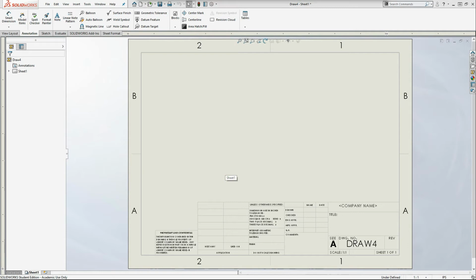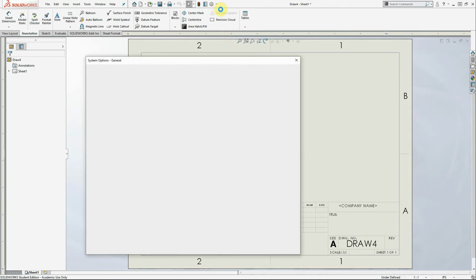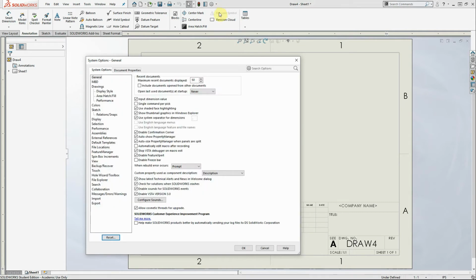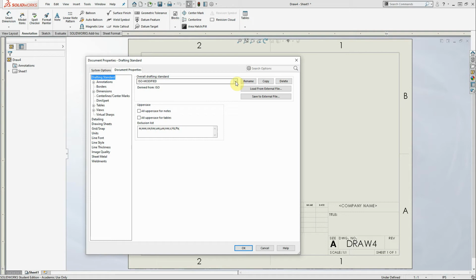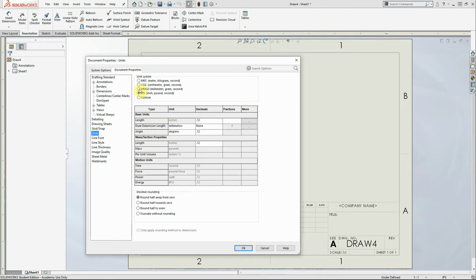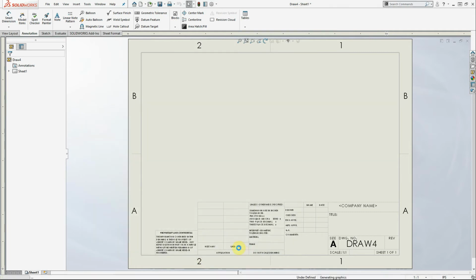Now we need to make sure our document properties are what they should be. Make sure that's on ANSI, and our units are millimeter gram seconds for this particular drawing. Okay, now